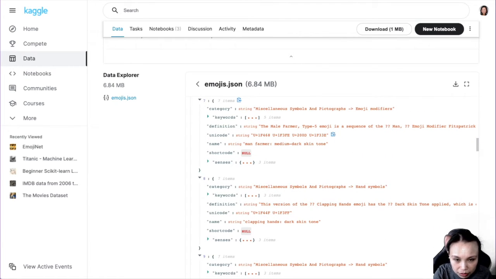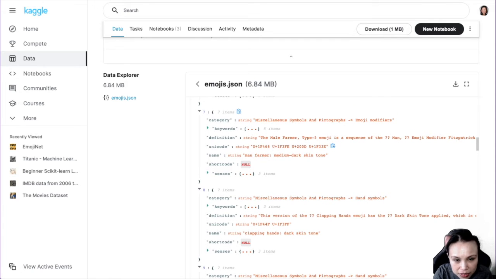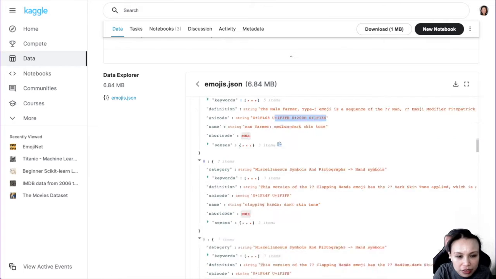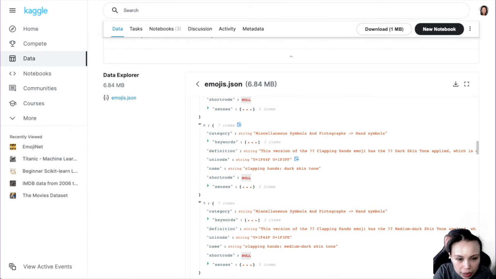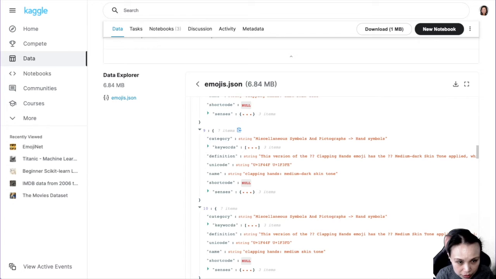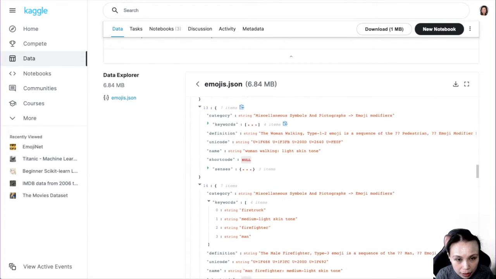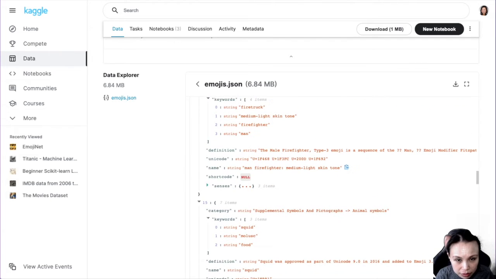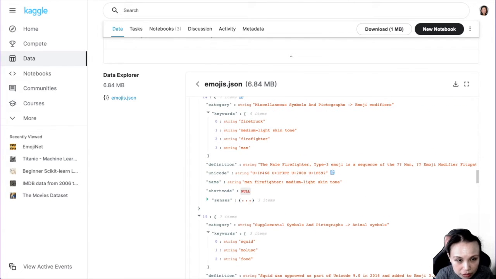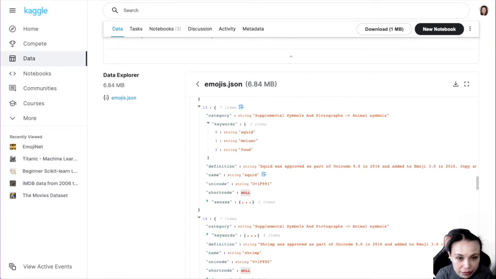It also has all these other fields, but I think the keyword is the most important thing here, and of course the Unicode. This one is a combination, because you can have modifiers. Emoji get super complicated, so what I would do is avoid the modifier thing and just stick with the simplest thing possible. This one is a skin tone modifier, which I don't want, so I still have to filter some out.